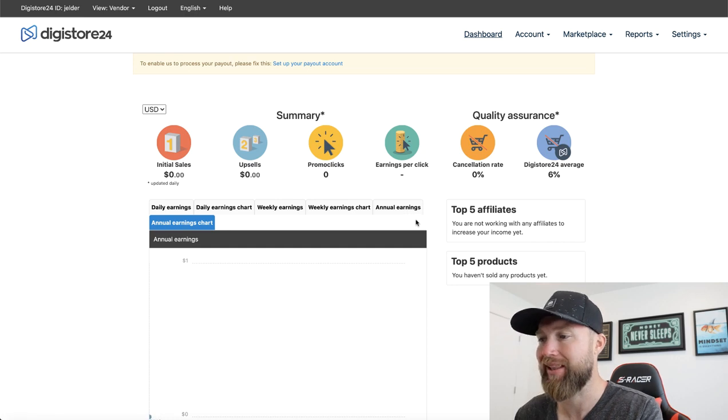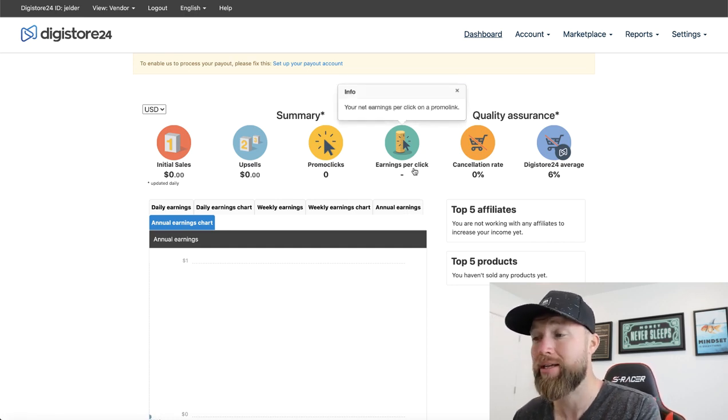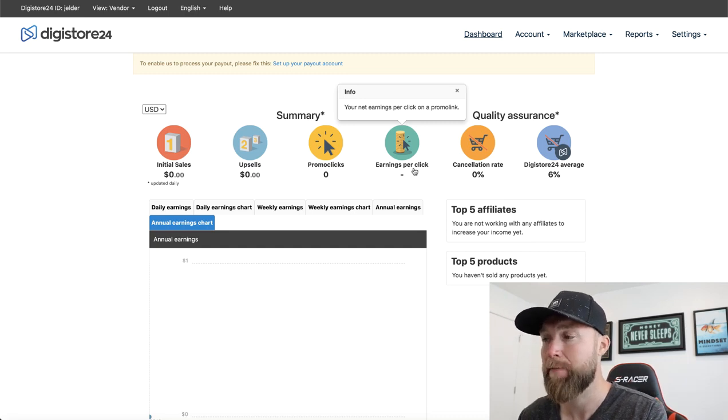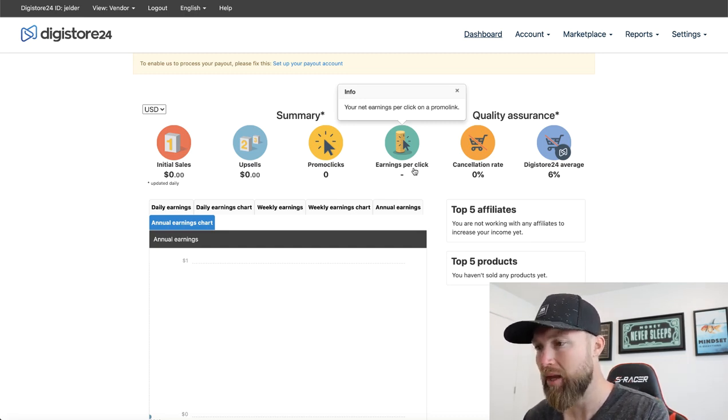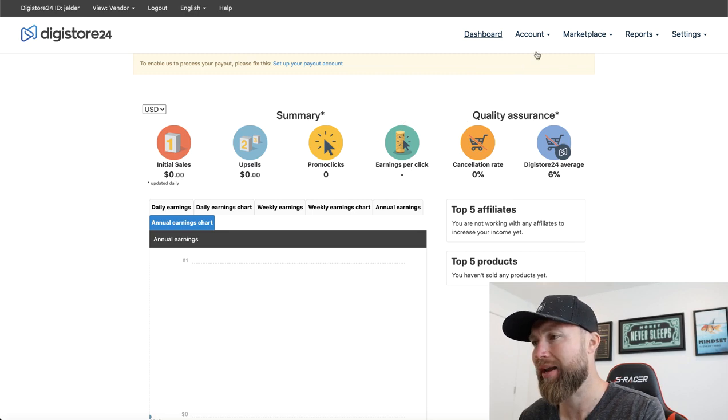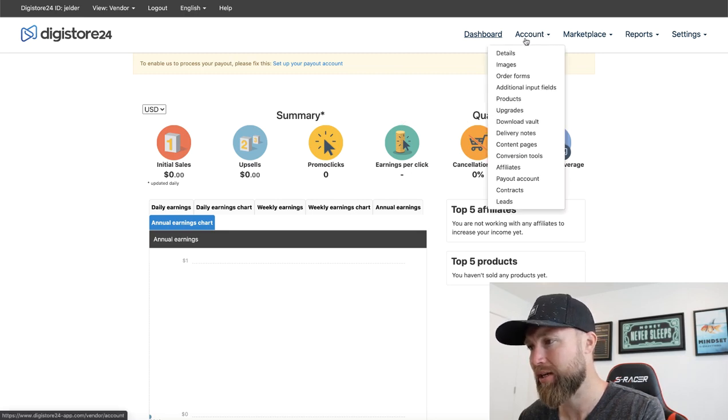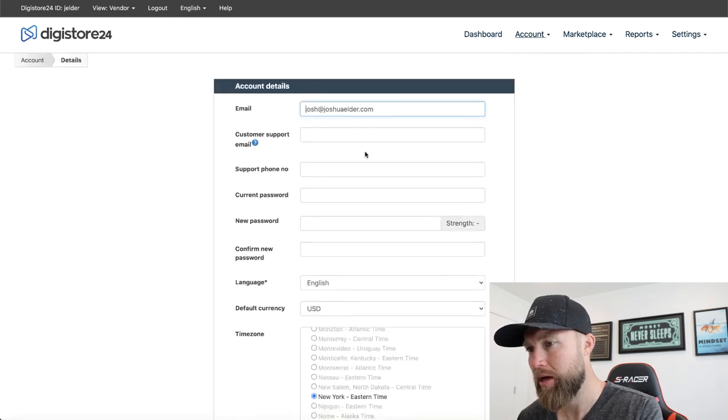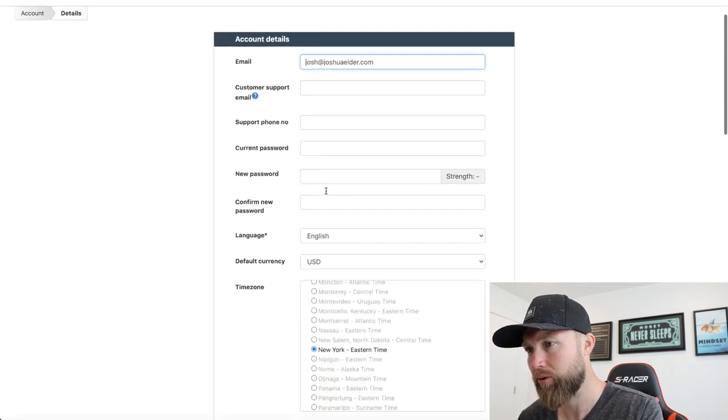And you can actually select exactly when it is that you want to get paid. If you want to get paid bi-monthly, every 2 weeks, if you want to get paid every single month, you can go ahead and set that up in your account settings. So what we're going to do is go up to details, and then we're going to scroll down,